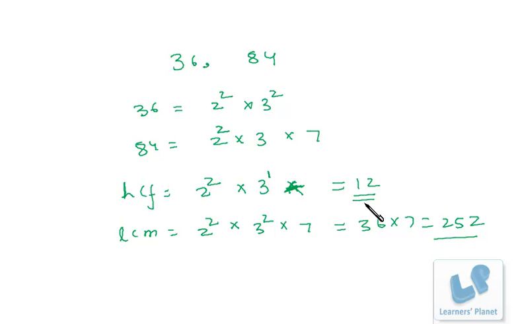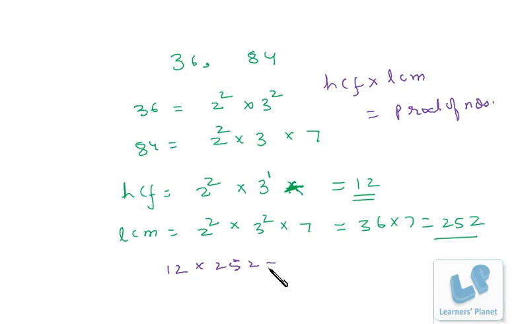So I hope you are clear with the concept of HCF and LCM by prime factorization method. Now the important thing over here is one more observation, that is HCF into LCM of two numbers is equal to product of the numbers, right? So here what is HCF? That is 12, and what is LCM? It's 252, and whatever the number we are getting after multiplying 12 and 252, it will be the same as